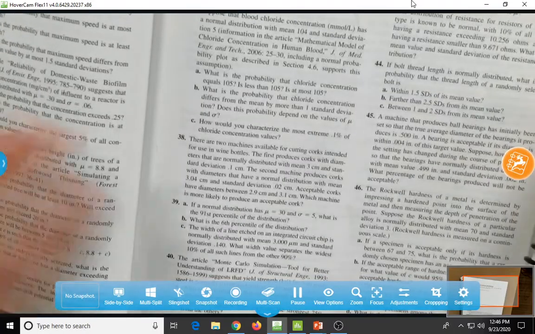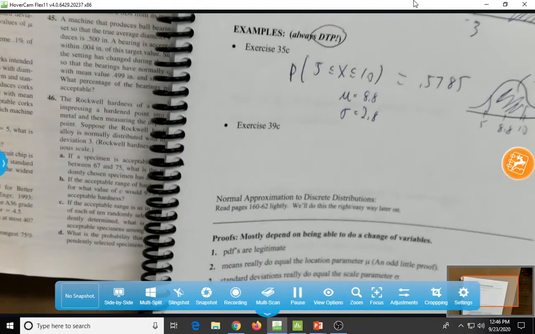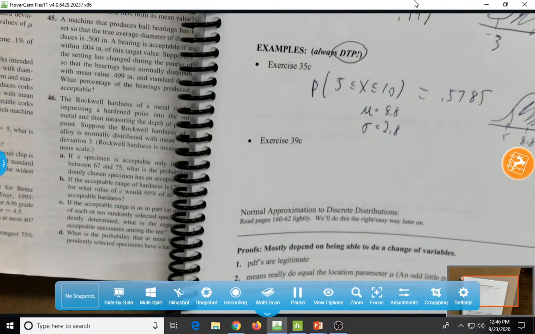Exercise 39C. The width of a line etched on an integrated circuit chip,